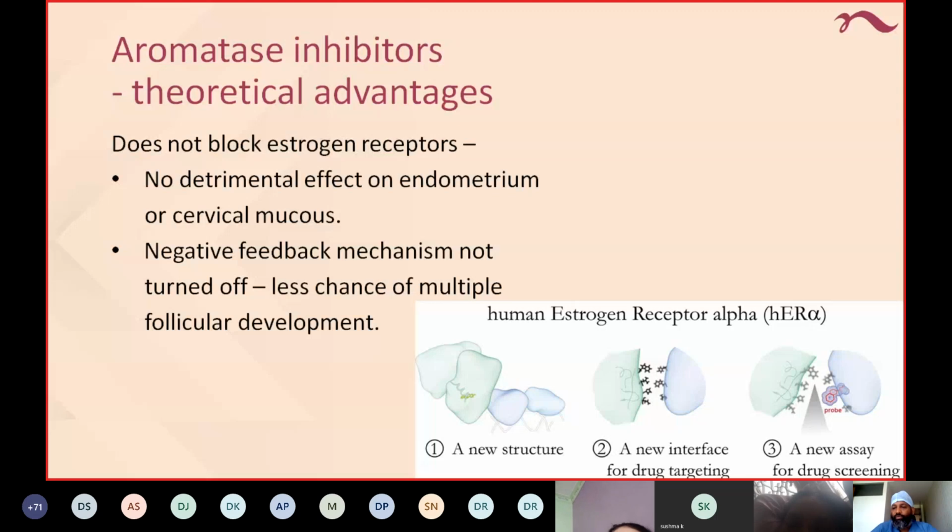One of the most important facts you should understand, which is not seen in clomiphene citrate, is the estrogen side effect. Since there's no estrogen there, you will have a thin endometrium. In the case of clomiphene citrate, many times you must have seen that. That you don't see here. Number two, there is a chance of OHSS with clomiphene citrate, which you will not see with letrozole.